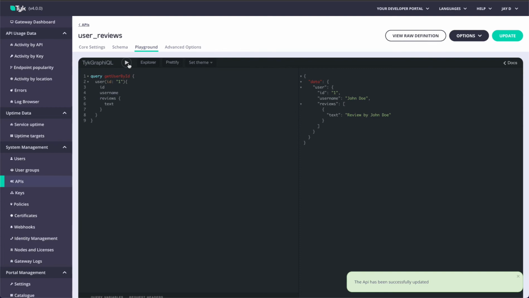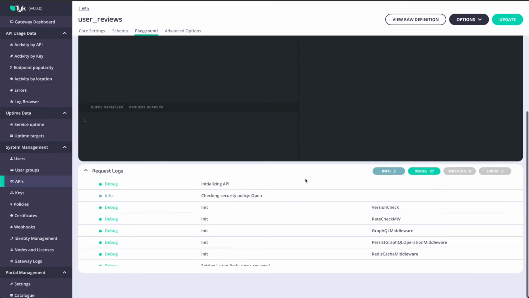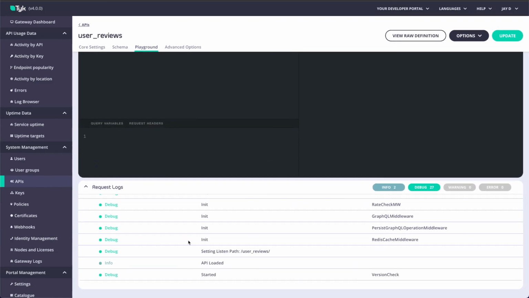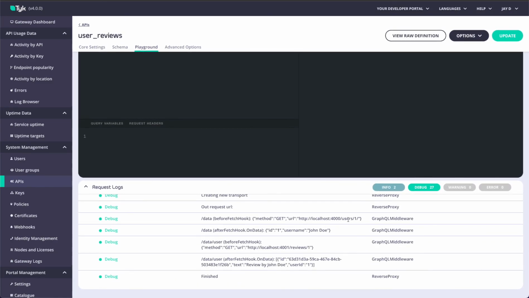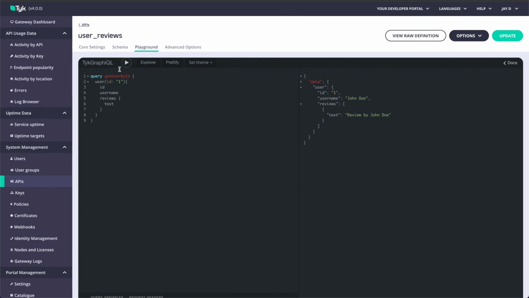And as you can see, we are successfully able to run this query, and behind the scenes, as you can see here in the request logs, we are making requests to users and reviews onto different ports. So that's all for the querying part. In the next one, we'll see how we can use mutations to